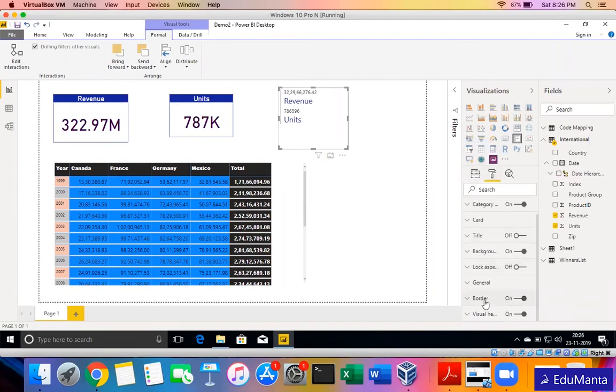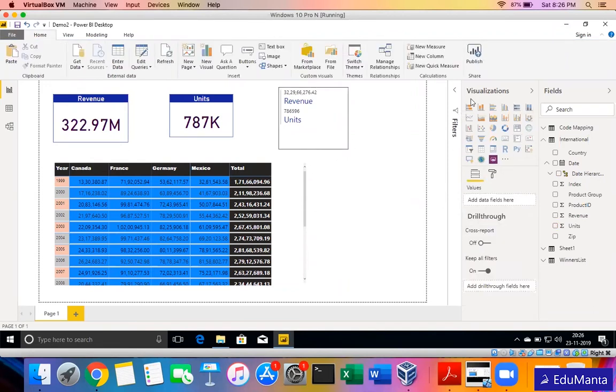In one of the earlier sessions, I told you, this is not limited to what is available in this pane. You have an option to import more from the marketplace. And if you have a scripting background, then you can also write your own visuals using the scripting language and import it using the from file option. Suppose I have that visual as a file on my desktop, then I can just import it from file or import from marketplace, and it will give me a huge range of visuals that are available. But I'm trying to cover only the most commonly used visuals in day-to-day work.